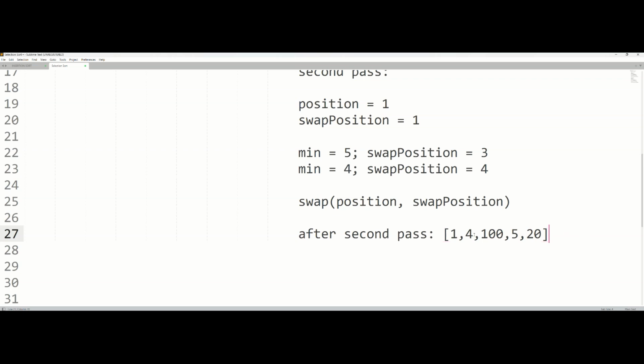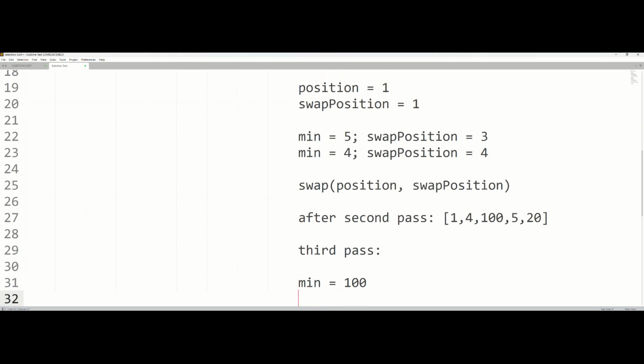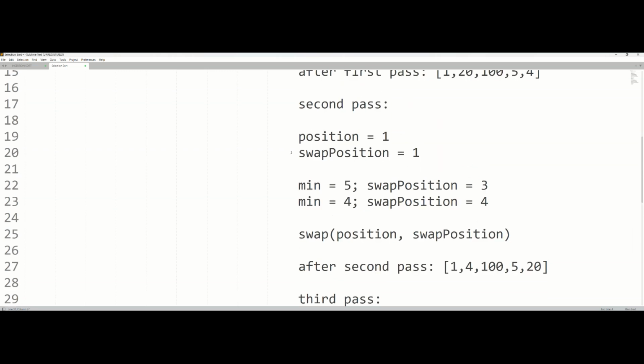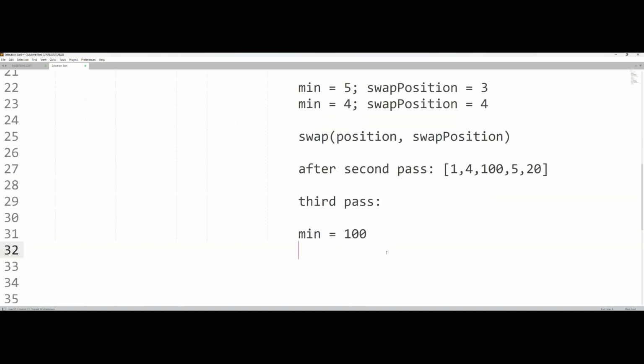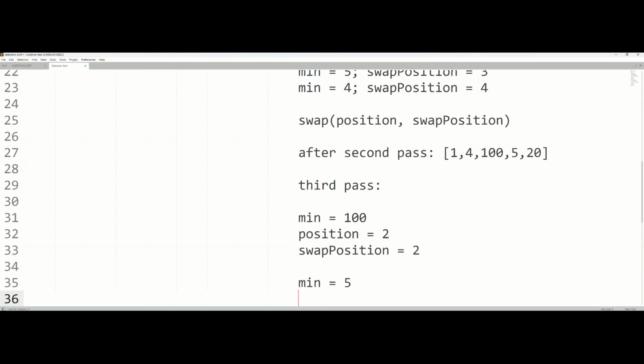So the next position is going to be position 3, which is element 100. Therefore, I will take a look at this one in the third pass. Let me do that for you. In the third pass, we have min equal to 100, and position and swap position is going to be 2, right? So we have position and swap position equal to 2, and 5 is less than 100, therefore min becomes 5, and swap position becomes